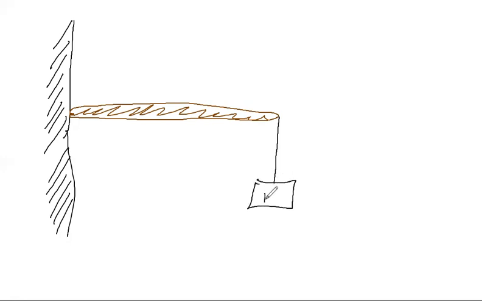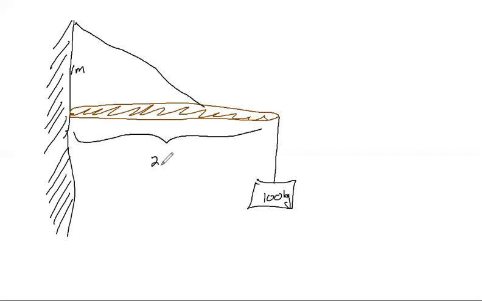We'll say this weighs 100 kilograms. And we're going to have a wire attach somewhere not all the way there. So let's give some units here. I'm going to say that this side is 1 meter, the total length of this pole is 2 meters, and this distance is 1.5 meters here. There's going to be a tension on this wire.